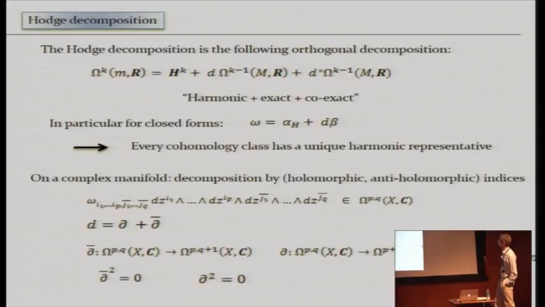Okay, so that's the story for real manifolds. Now we're going to be dealing with complex manifolds, and so it's natural to deal with complex differential forms. And so we're going to have expressions dz and dz bar and so on. And in a complex manifold, it's useful to keep track of the number of holomorphic and the number of anti-holomorphic indices. So the forms come in a (p,q) type, where p denotes the number of holomorphic and q denotes the number of anti-holomorphic indices.